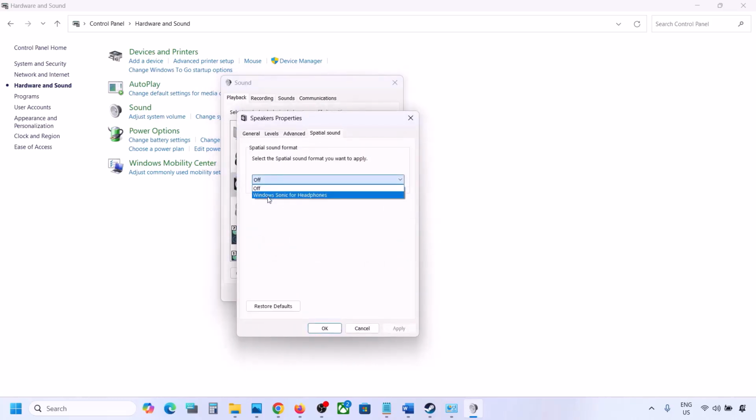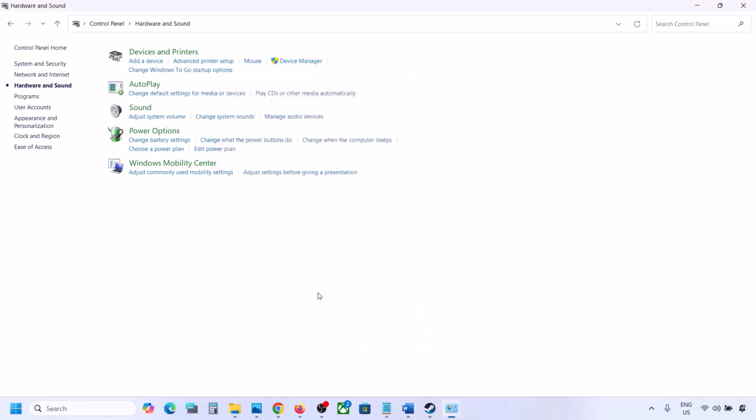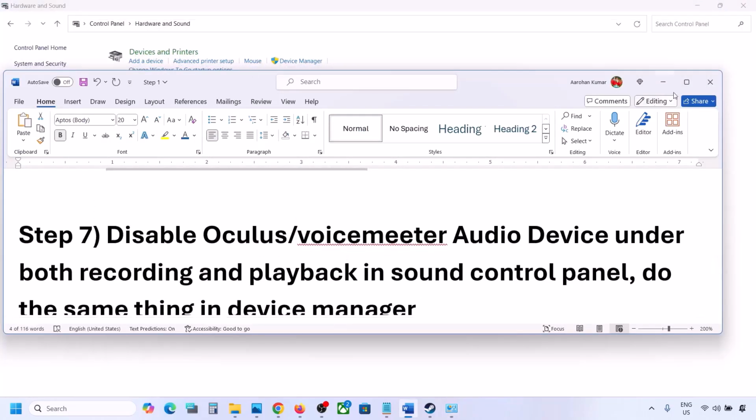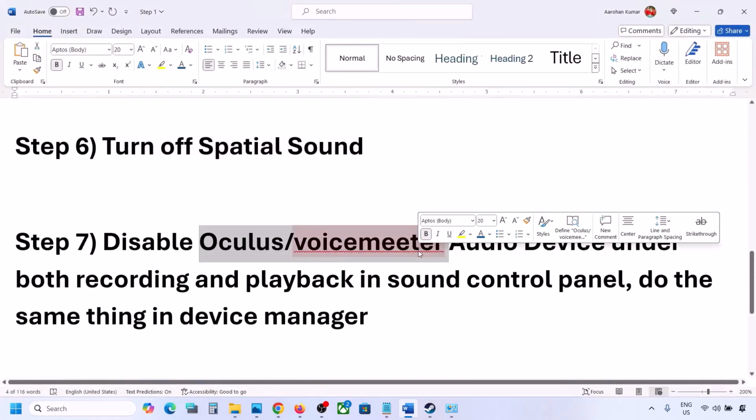If this is set to Windows Sonic, you can turn it off and then click on OK, or you can do vice versa. If it is already set to off, then you can try Windows Sonic and then check. Now the next step is, if you have applications like Oculus or Voicemeeter or any other